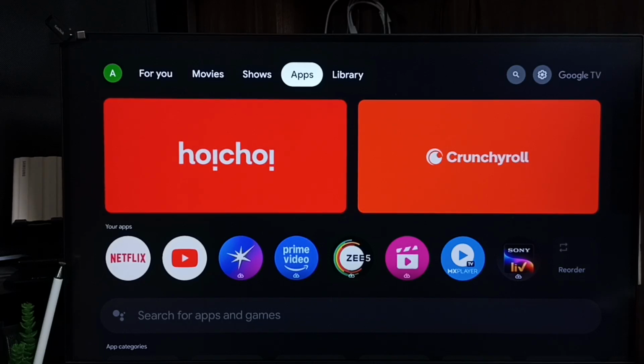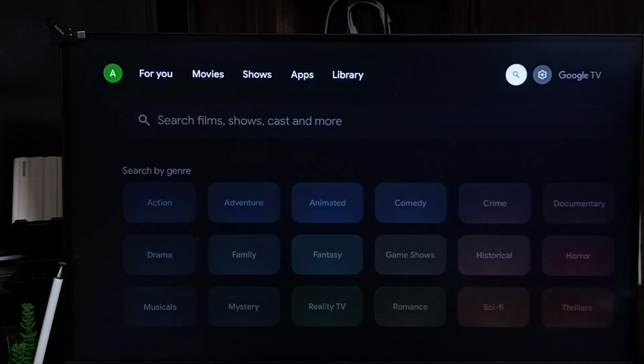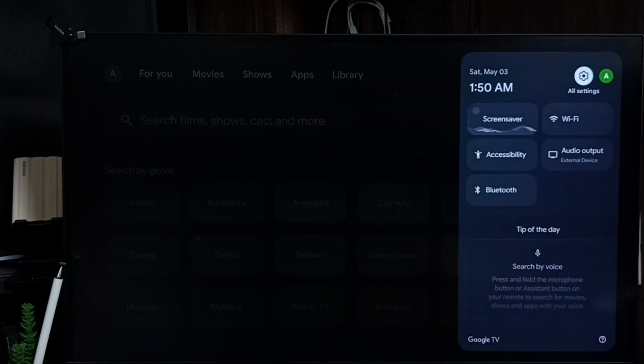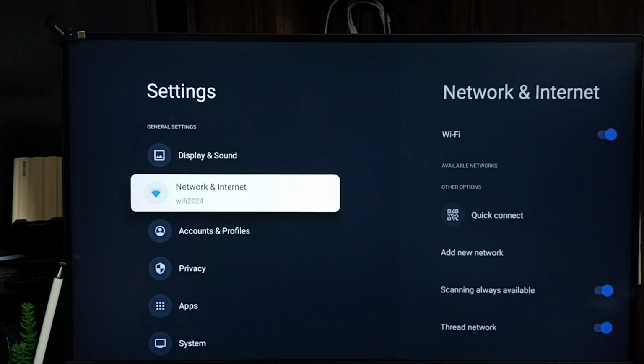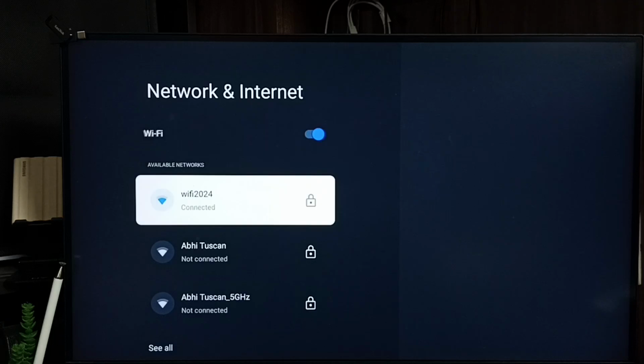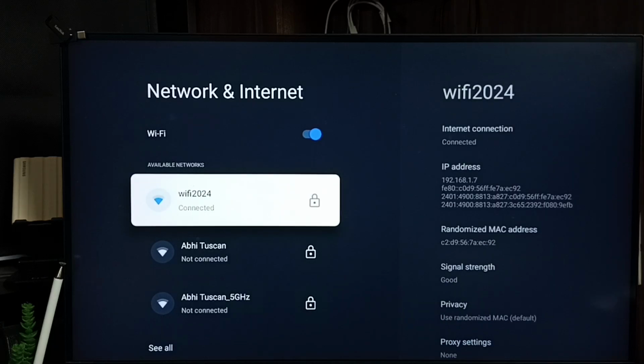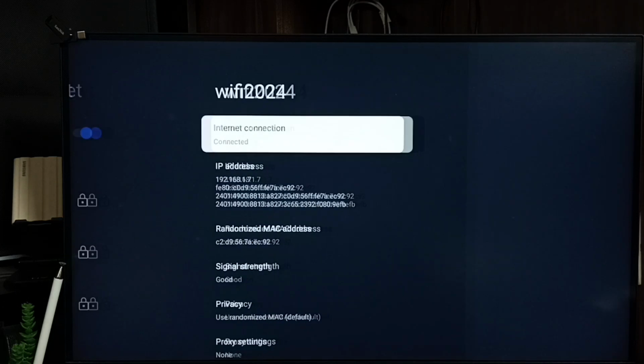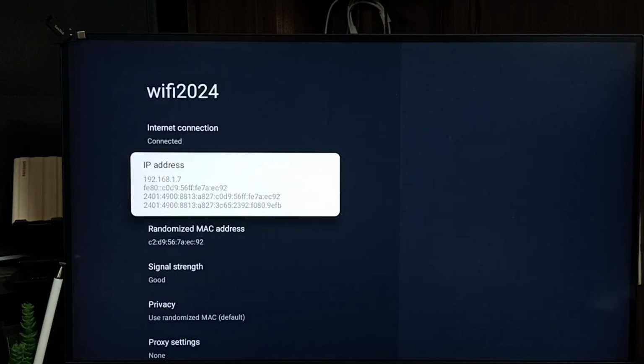Hi friends, this video shows how to change Wi-Fi IP address. Go to settings, tap the settings icon from the top right corner. Go to network and internet. Tap the connected Wi-Fi network, Wi-Fi 2024. That is the name of the Wi-Fi network that I am using. Select it. Here you can see IP address